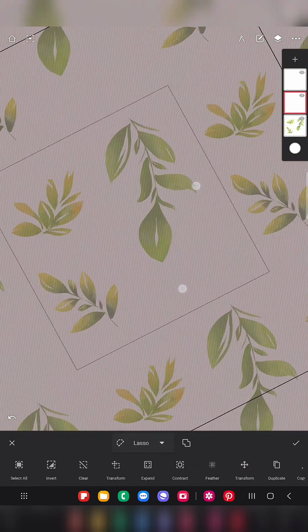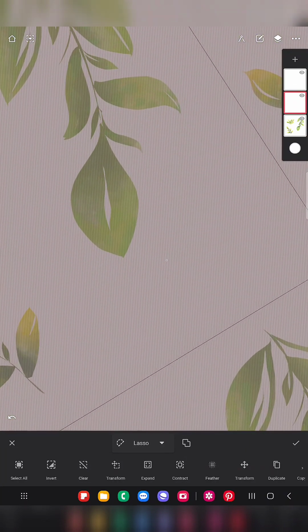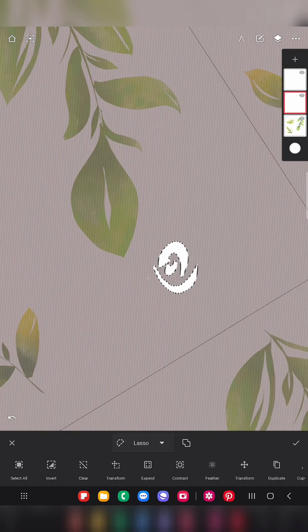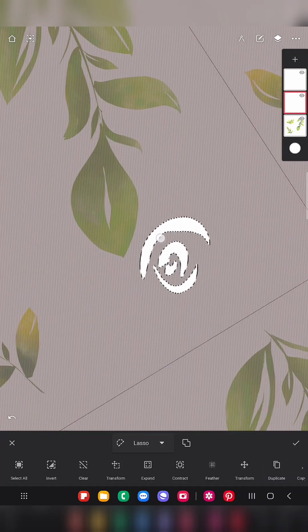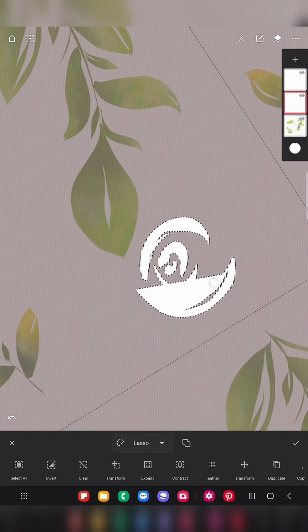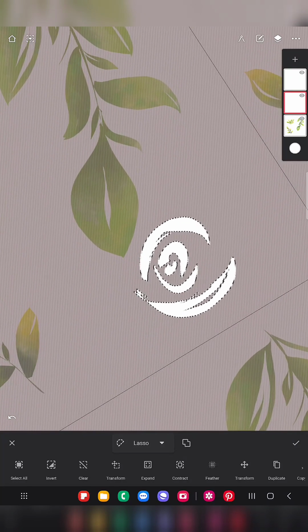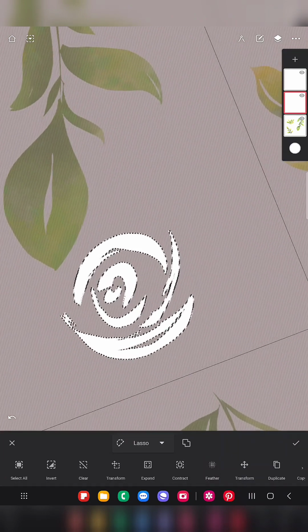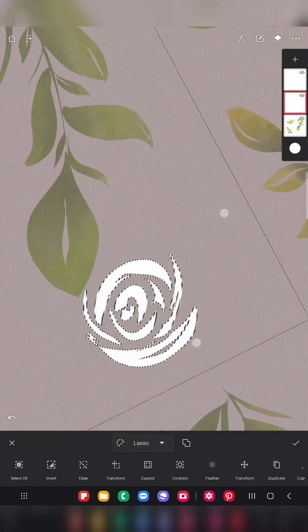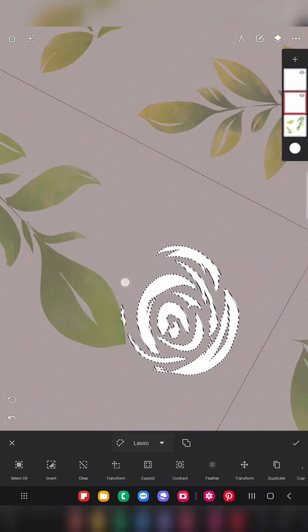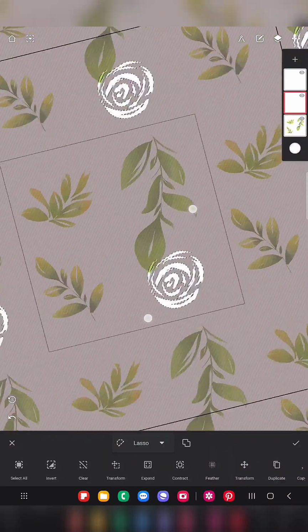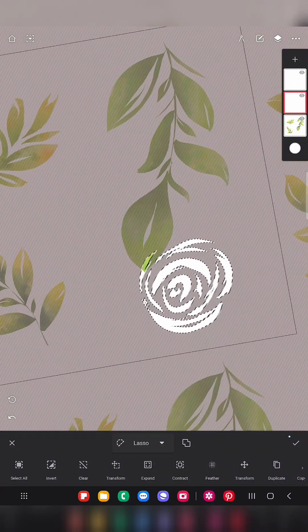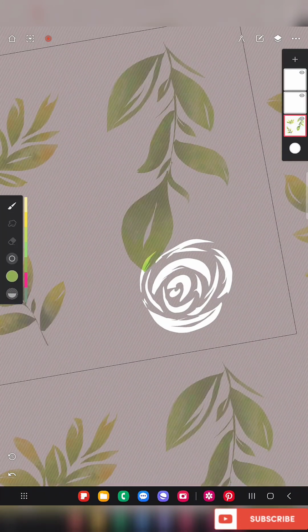Don't want that. So now in this new layer, I'm going to draw the loose flower, something like a rose flower. This is the way in the traditional watercolor, for making the loose floral design, they apply the strokes in this way, like gaps in between the strokes. So in the same way, I'm selecting the areas using the lasso tool. Now using the pink color,